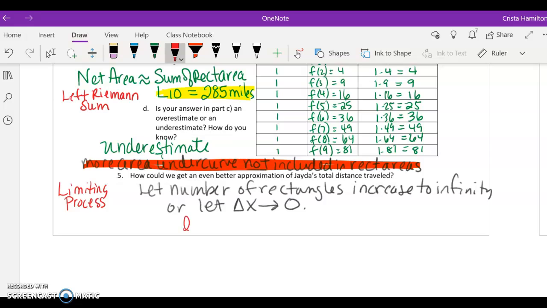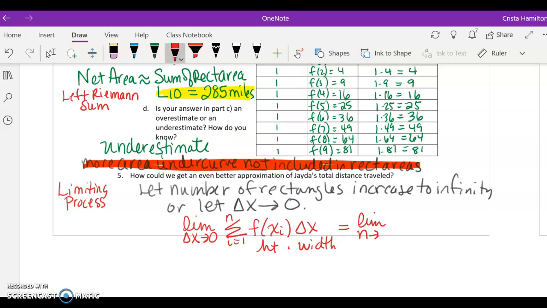So by doing that, we're going to take the limit, let's say as delta x goes to 0, because that would mean the same thing. If the number of rectangles goes to infinity, the width of each rectangle is going to go to 0. Of the sum from i equals 1 to n rectangles, of this height of the rectangle times the width of the rectangle. So height times width. This is equivalent to saying the limit as n goes to infinity of the sum i